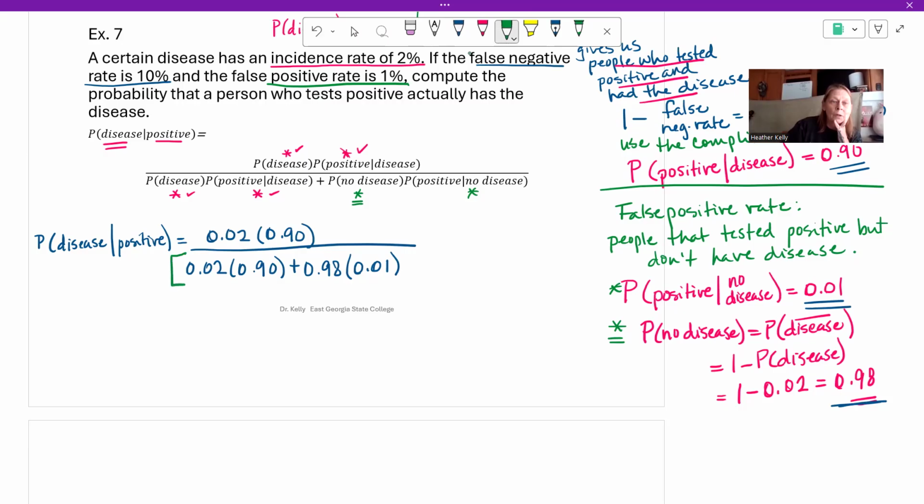This entire bottom needs to be in its own set of parentheses. And when you compute all this out, let me see, what did I get? 0.6475. So we can say 64.75%